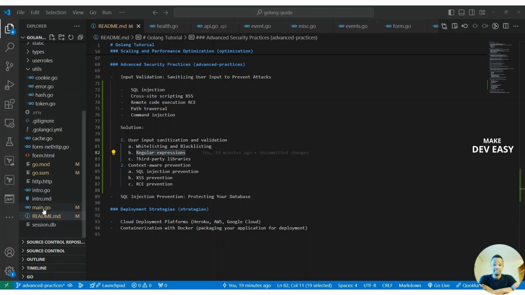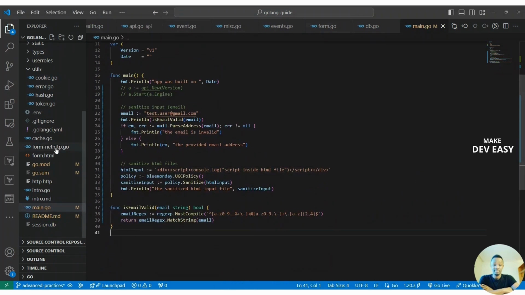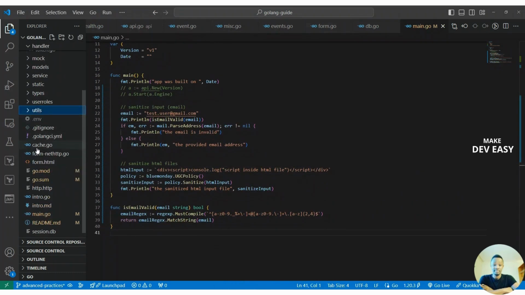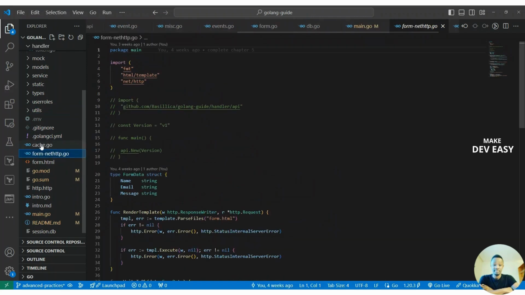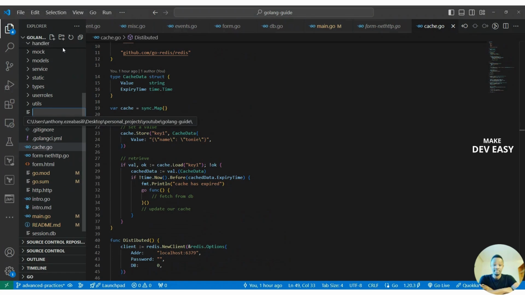Maybe what I can also do is show you an example in case you don't know what an SQL injection attack actually looks like. This would maybe throw some light so you can begin to understand what this means. So imagine, for example, just like I did here for cache, I'm probably just going to create a new file here so I don't clutter our main file. I can call this input